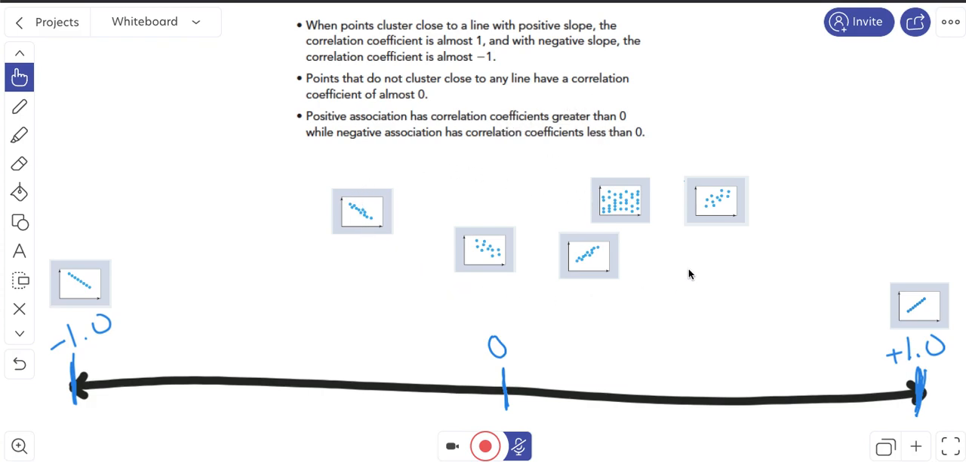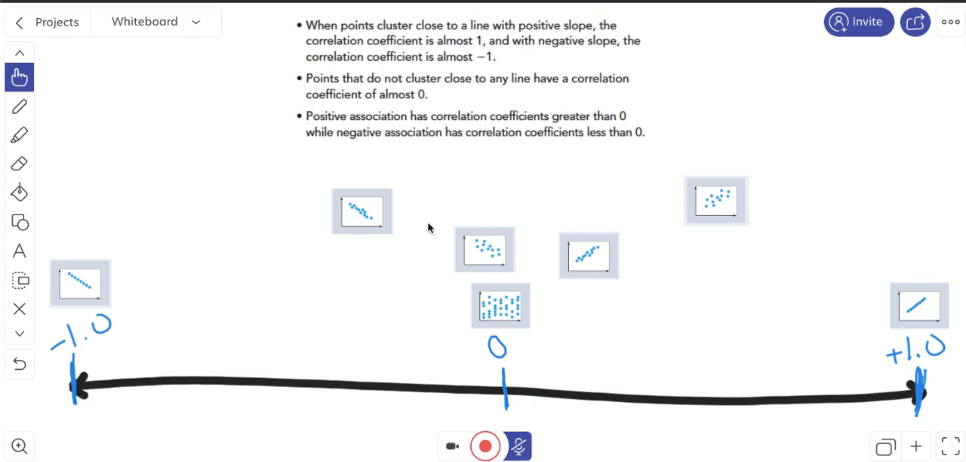If I look at all of these different graphs, this one has a clear negative relationship. This one has a negative relationship. Here's a clear positive relationship, and here's another positive relationship. This one doesn't seem to have any rhyme or reason to it, so I'd put that one at 0. That has a 0 correlation coefficient. Positive association has a correlation coefficient greater than 0, while negative association has a correlation coefficient of less